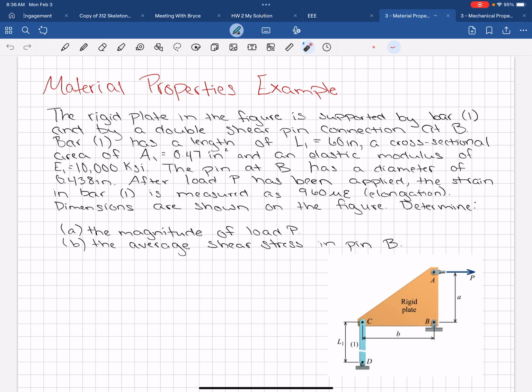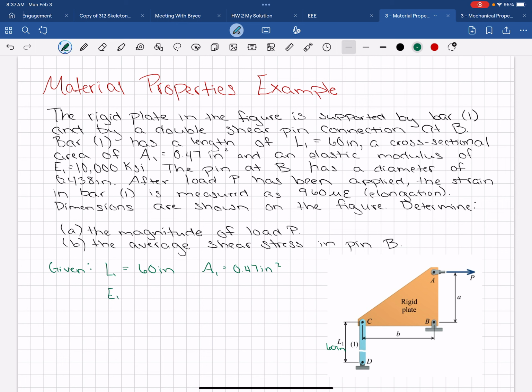Bar 1 has a length of L1, so we're going to write that both in the given and on the figure. So given is L1 equals 60 inches. So this is 60 inches. And the area of bar 1 is A1 equals 0.47 inches squared. And the elastic modulus of bar 1